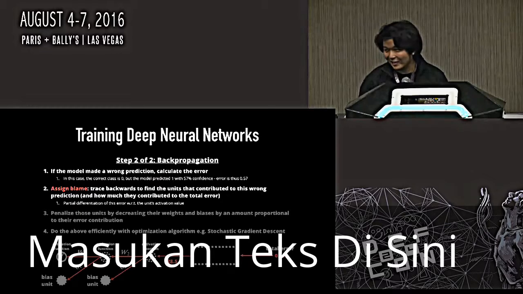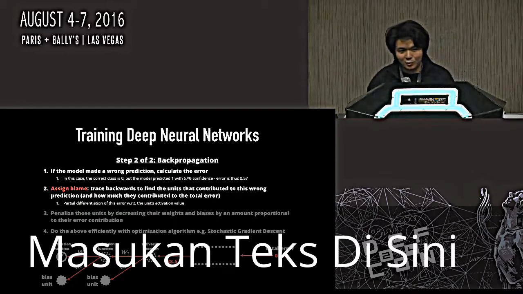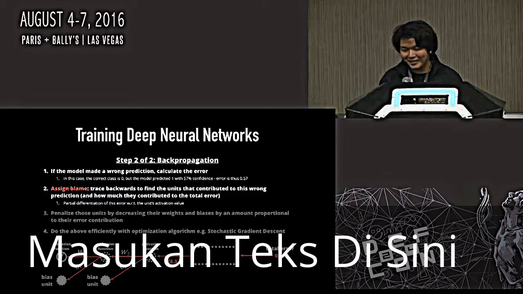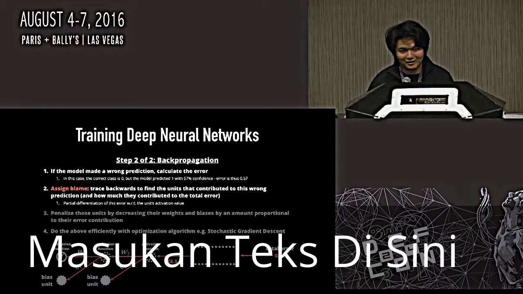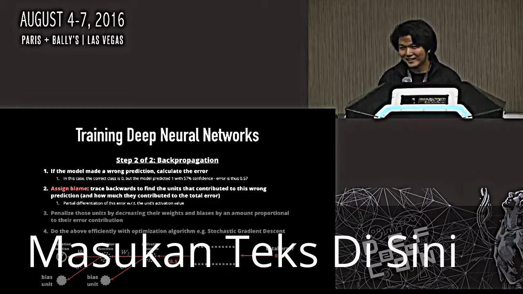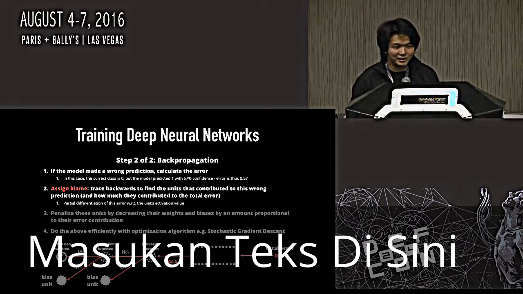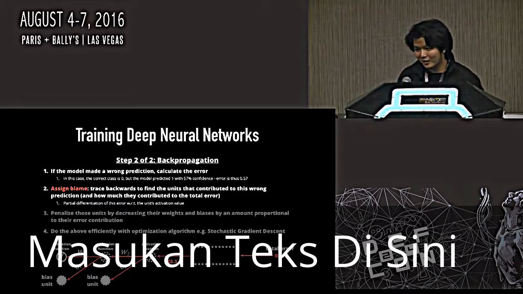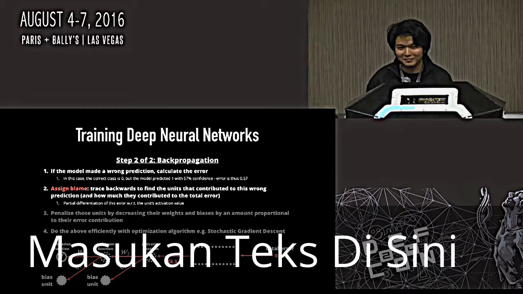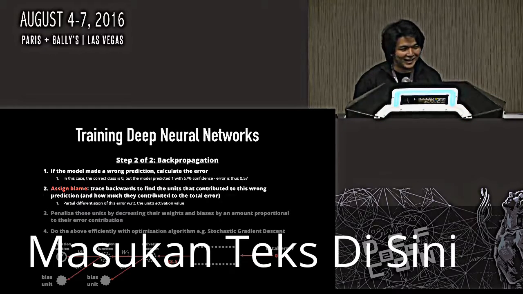Backpropagation is really the crux of deep learning. It's not the most straightforward algorithm that you'll come across in machine learning. When you're taking some MOOCs, like the Stanford one on machine learning by Andrew Ng, he'll also say that backpropagation is a pretty hard thing to grasp. I think the easiest way to think about it is that backpropagation is just assigning blame. Let's say you were the head of the board of directors, and you had a bunch of people on the board giving you suggestions, advising you. Some of them just talk nonsense all the time. You want to listen to them less. So that's what this is doing.